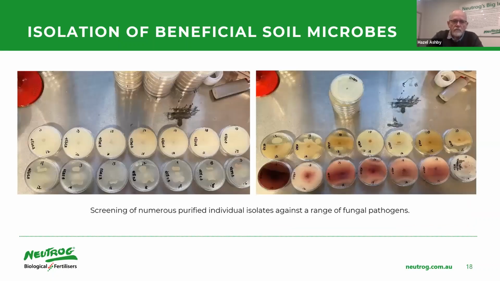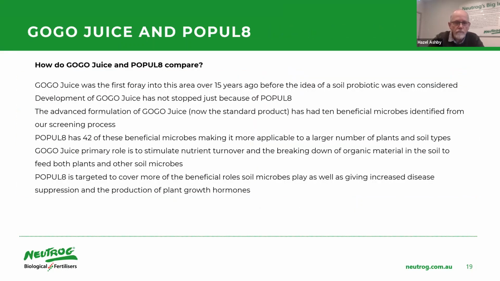So we have to screen a lot of individual microbes, and often you'll screen 50 or 60 and you'll only end up with one that does what you want to do. So it is quite a laborious way of doing things, but it's just part of what we do in the lab. So you'll see here a couple of slides, and often you'll see areas where the fungi is growing. And you see other areas where the fungi can't grow. And there'll be some more slides coming up in just a minute that show that much more clearly.